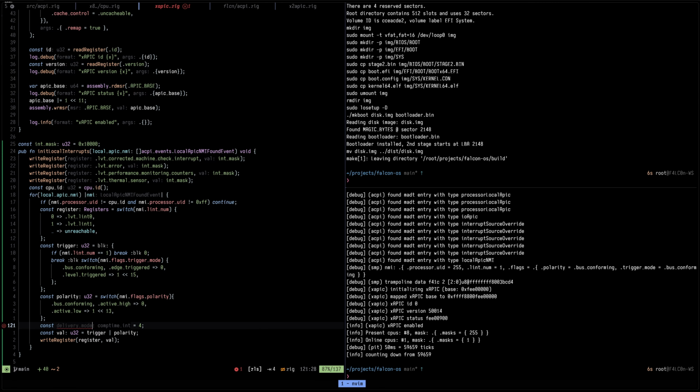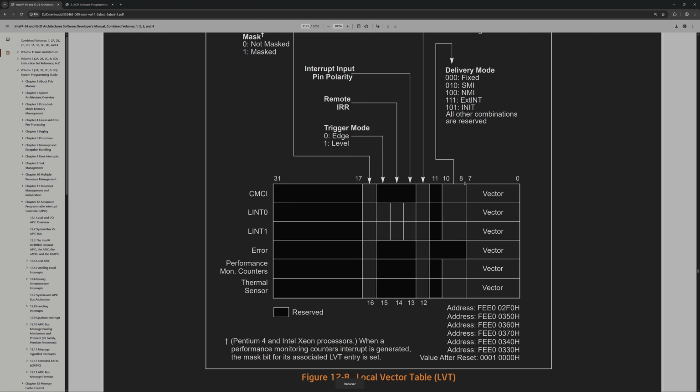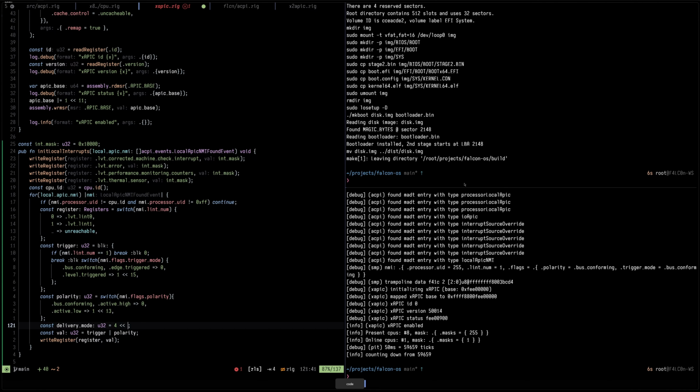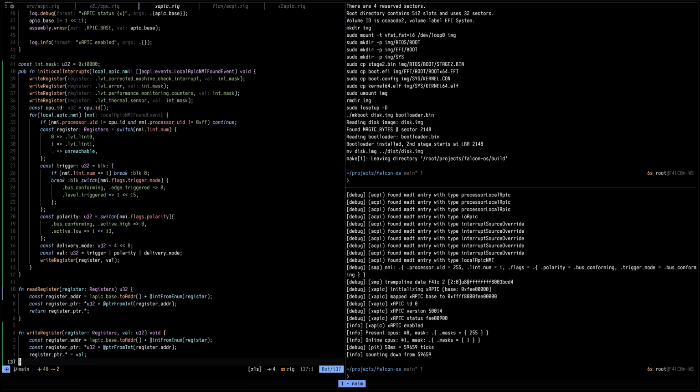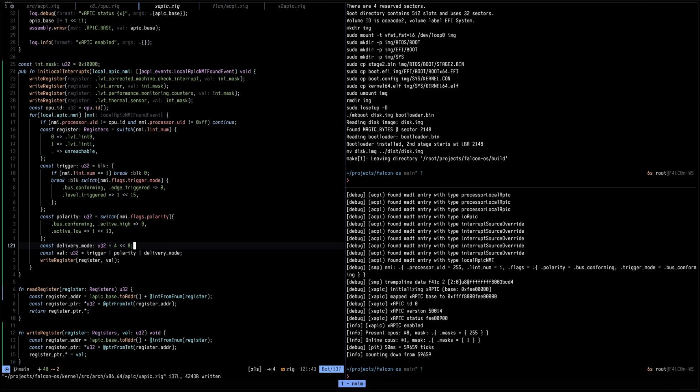Of course, this one here is also U32. And this is 4 shifted left by 8. There you go. So this one here, delivery mode. That should be good enough,